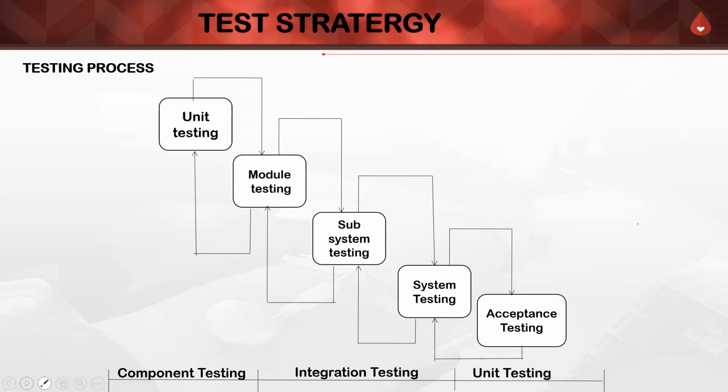Next is the integration testing, that is the combination of subsystem testing and system testing. Integration testing is a systematic technique for constructing tests to uncover errors associated with the interface. In this project, all the modules are combined and then the entire program is tested as a whole. In the integration testing step, all the errors uncovered are corrected. And in the validation testing, to uncover functional errors, we check whether functional requirements conform to the specification or not. Now let us move on to the system testing.